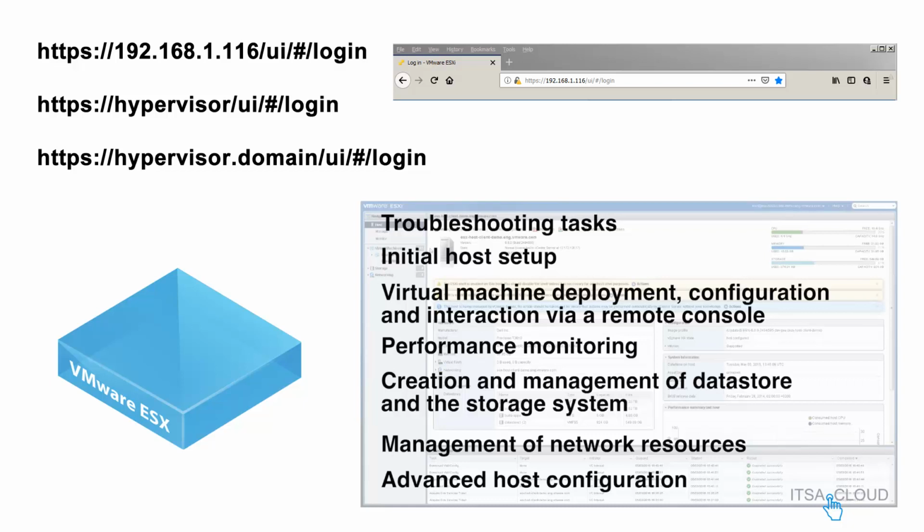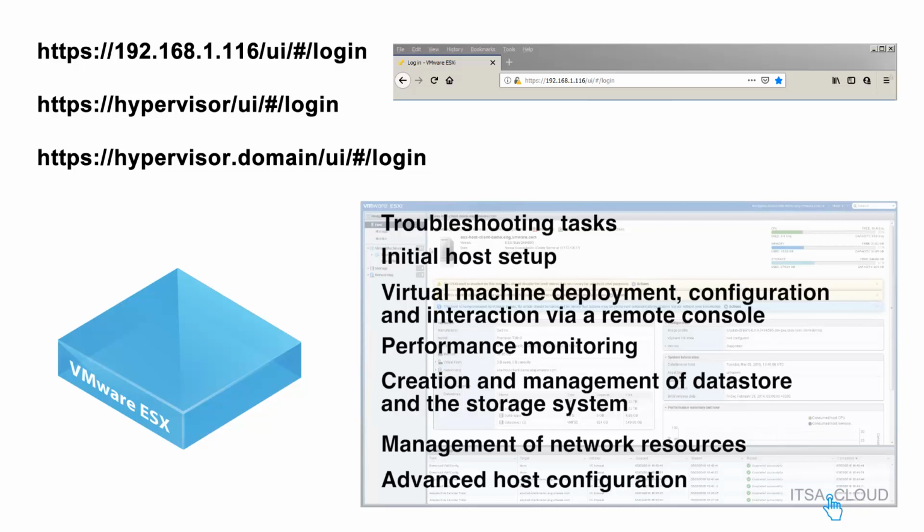I would recommend not doing that much in this host client option if this host is part of a vCenter, right? It is much better, way better, to do it from the vCenter and just avoid issues and conflicts between the vCenter and the host client.